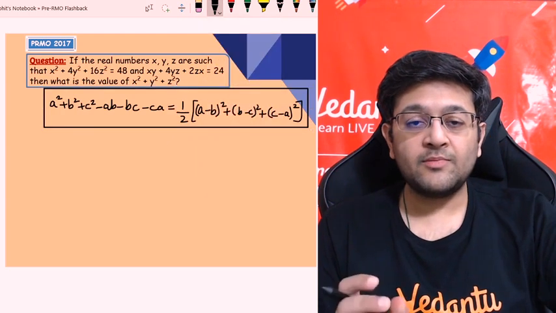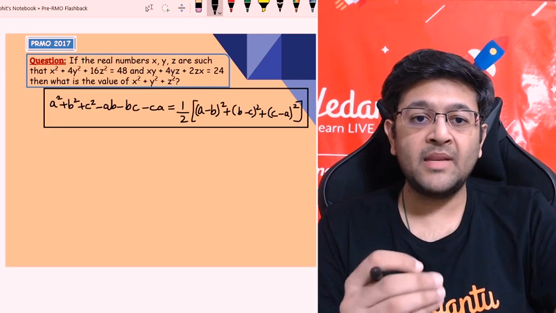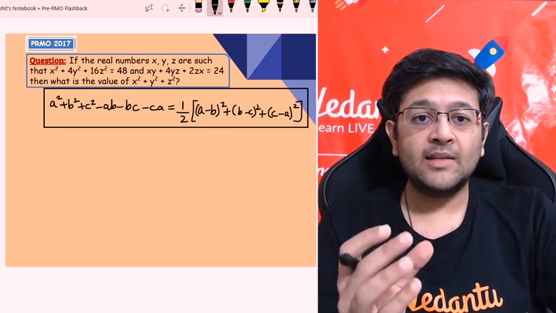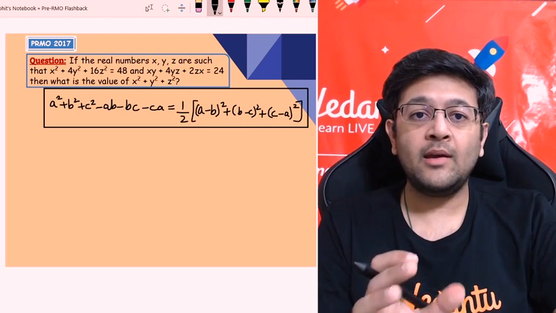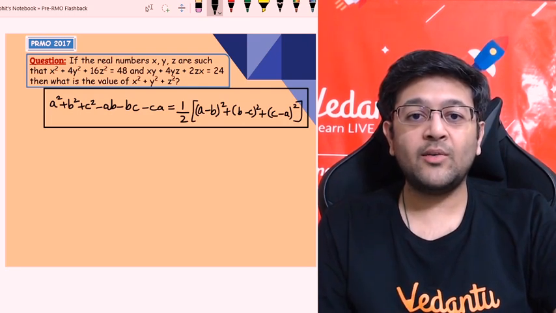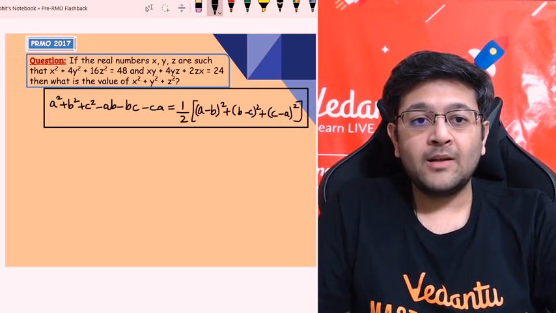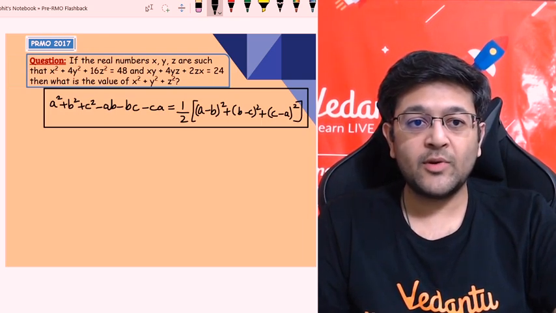This actually helps you in many different questions, not even in Olympiads, in many types of competitive exams. Its concept is asked, and you can say that using it, a very difficult question becomes very easy, and in some cases it is only through this that the question can be solved. Otherwise it becomes very tough to solve. So let's write the equations down. In this question, this will be used.